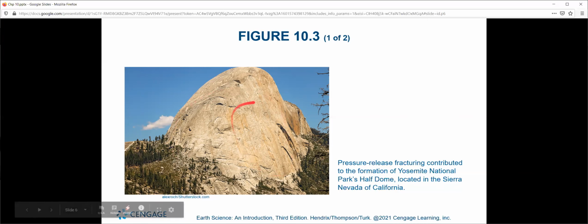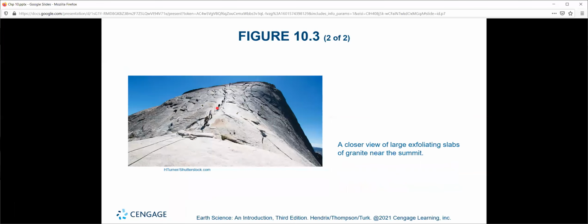What happens when this gets exposed? Well, all the rock and sediment that was on top of this when it was a volcano, that pressure is no longer there. And if we look over here to the left, you can see some sheeting going on, almost like the rock is expanding and stretching out. Pressure release fracturing. Here's a closer view of exactly what we're talking about here. This breakage is the result of the rock no longer being confined, by the release of that pressure, by the erosion and weathering of the stuff that was on top of it, essentially.